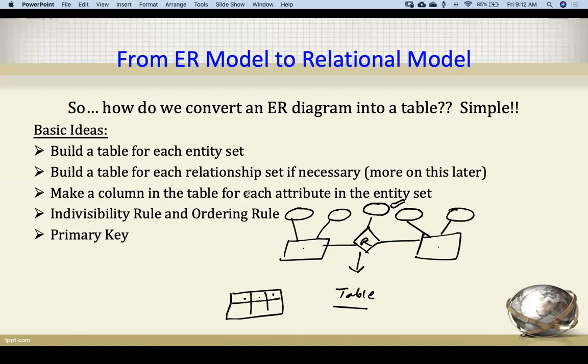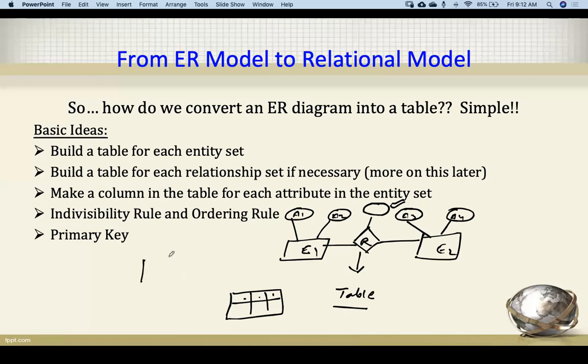Make a column in the table for each attribute in the entity set. That we know, each attribute: this is attribute 1, this is attribute 2, here we have attribute 3, here we have attribute 4. So let's say this is entity 1 and this is entity 2. For entity 1, how many columns do we have in the table?